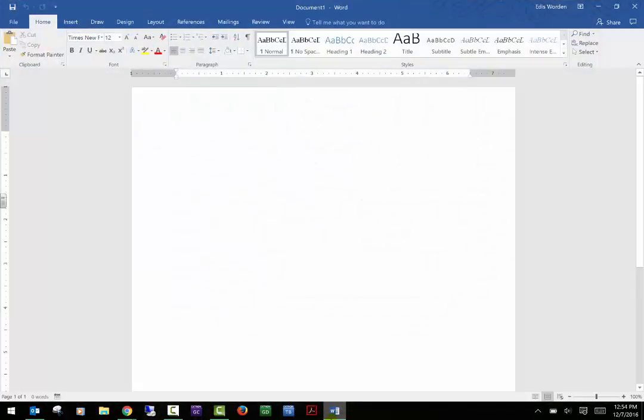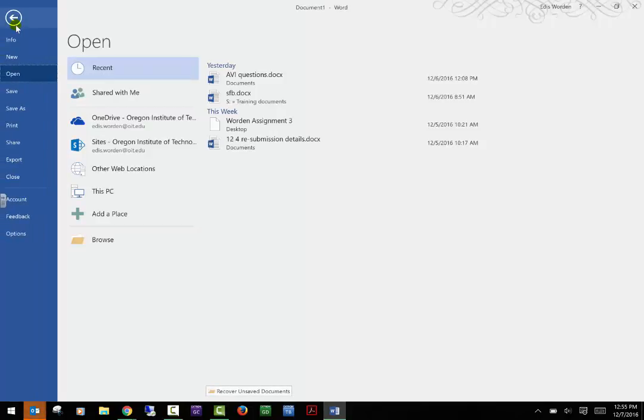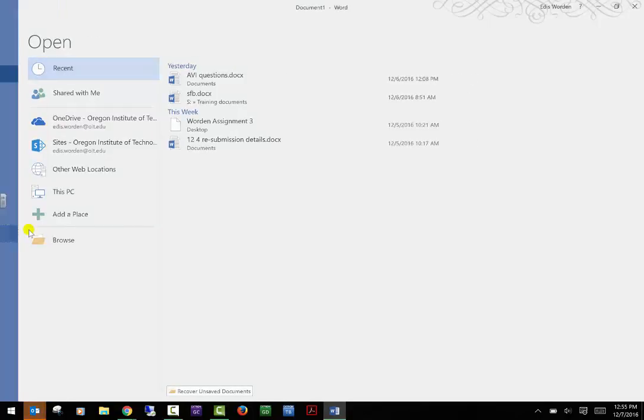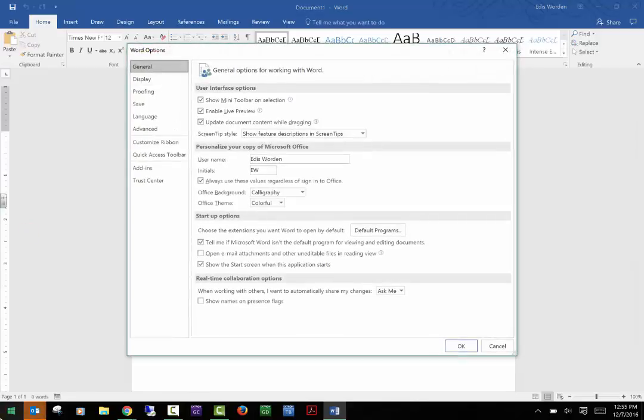So we will open up a Word document and go to File and then Options. This is where you would set up the different options available for a Word document. You can also do this in Excel and PowerPoint, and we can go over those in different videos specific to those topics. So your basic first screen is your general screen, and you can do the show mini toolbar,